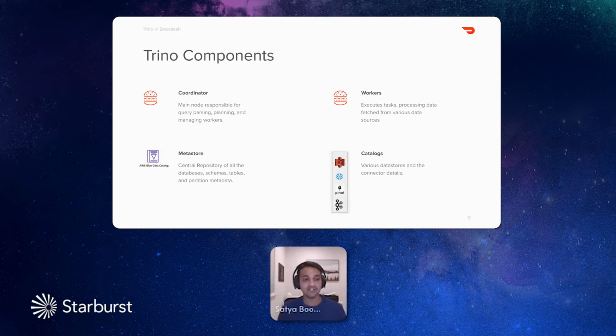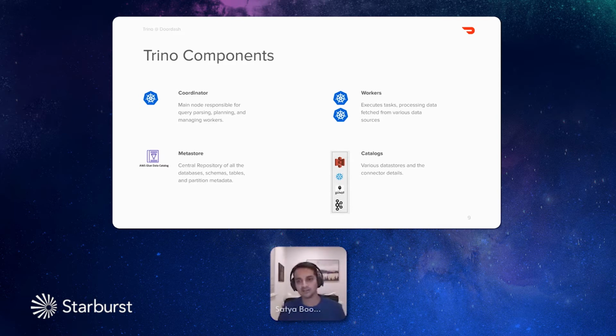At DoorDash, for the metastore, we are using the Glue catalog. There have been conversations around the performance of the Glue catalog, but so far with our usage, it's been working out okay for us. But switching to Hive Metastore is something on our mind. We'll probably do that in the future when we get to that scale. On the catalog side, we are connecting to three of these sources right now, and plan to add more in the future. And for the purpose of this talk, I'll mostly focus on how we are deploying